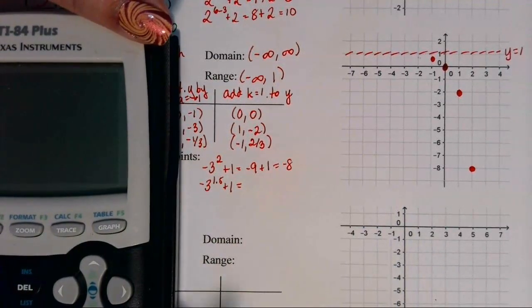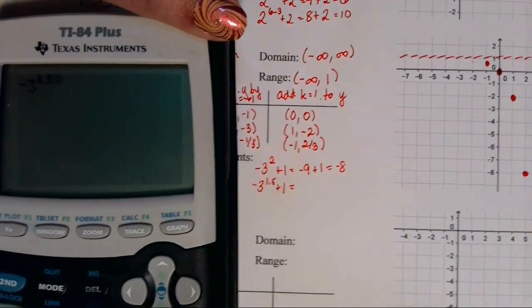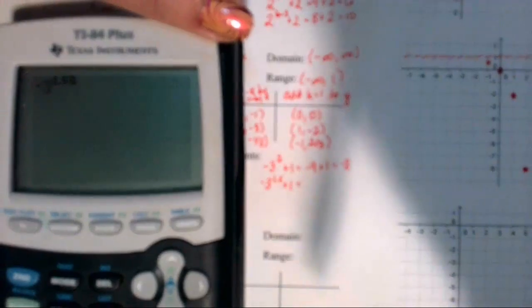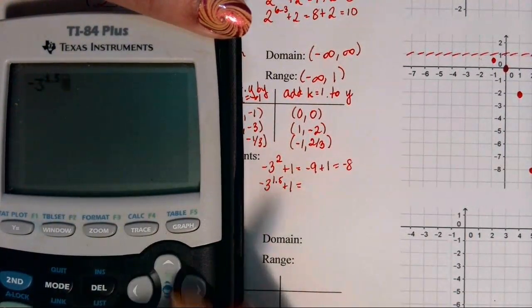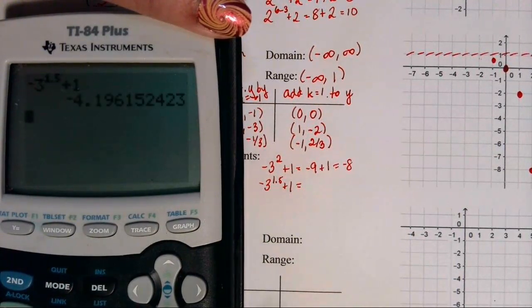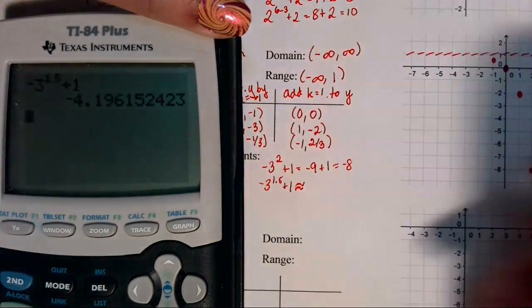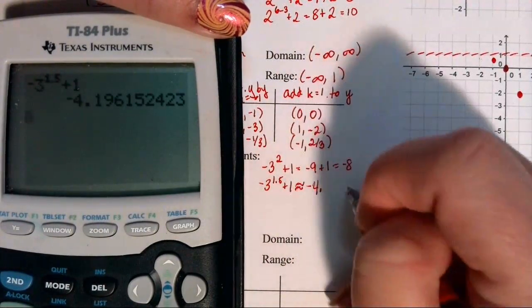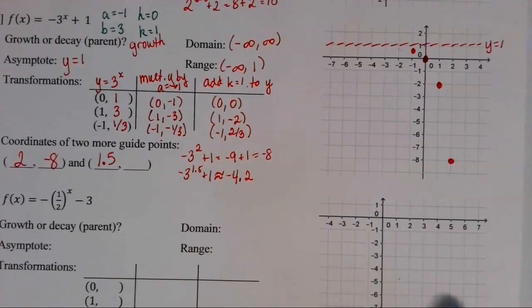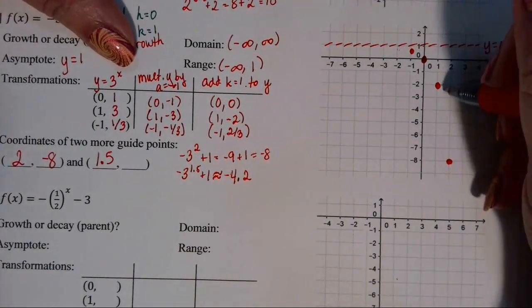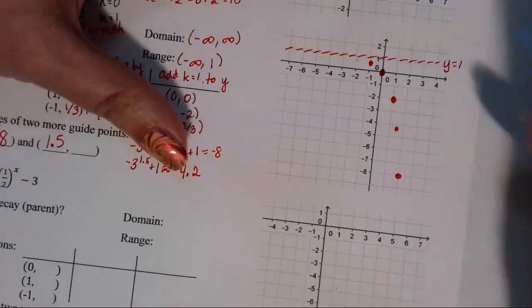So -3 raised to the 1.5. That's pretty blurry. Let's see if we can sharpen that up. So -3 to the 1.5 power plus 1 is equal to approximately, because we're going to have to round, -4.2. Okay, so we come over here to 1.5 and down to -4 and a little bit, and then we